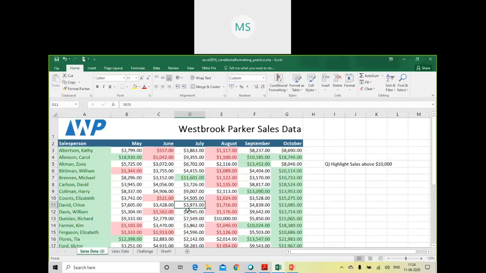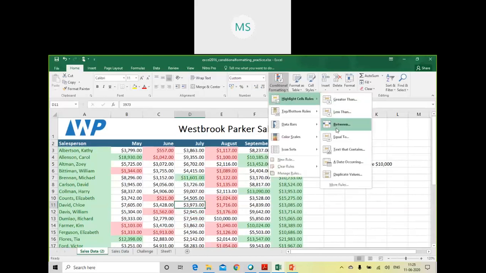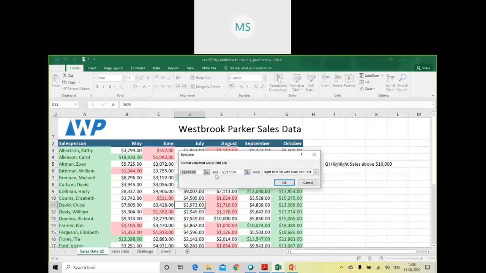And the cells which are remaining, which are white, if I want to format them also, I can go to between. In between, I can give a range 2000, and here 10,000. So if anything is between 2000 and 10,000, that should be highlighted with a yellow color.